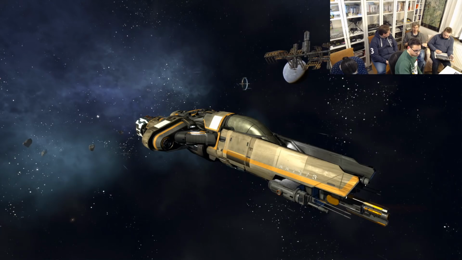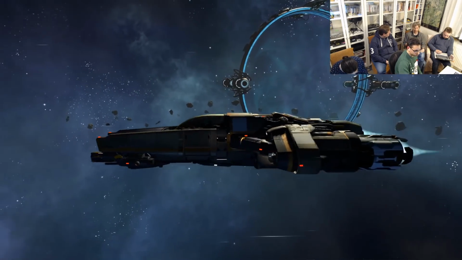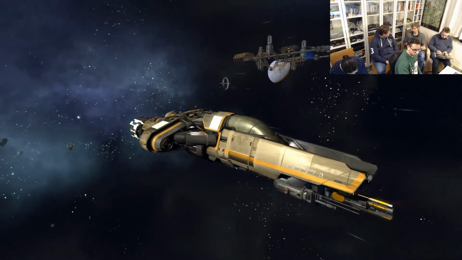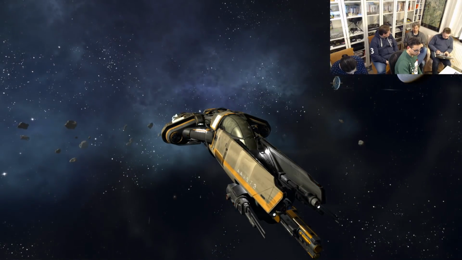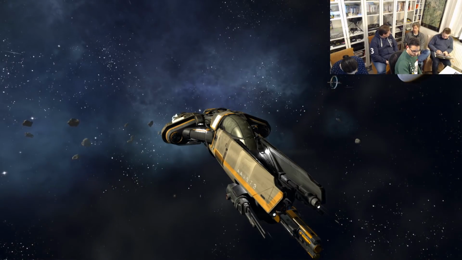We have the basic speed, the standard speed of the ship. We have the boost abilities, which is to get really fast away, but has only a usage for a very short period of time. Then you have the travel drive for like the opposite, when you travel a long distance. And